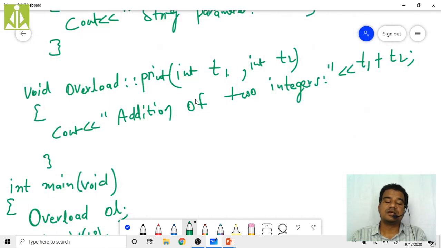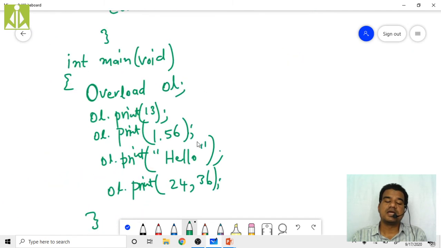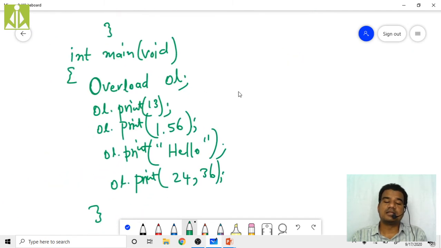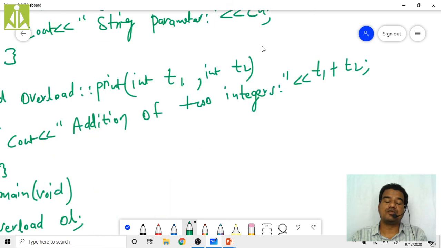The overloaded print function with 2 integer parameters. So t1 will become 24 and t2 will become 36. Now if you print the addition, 24 plus 36, you will get 60. Addition of 2 integers, 60, on the output screen.